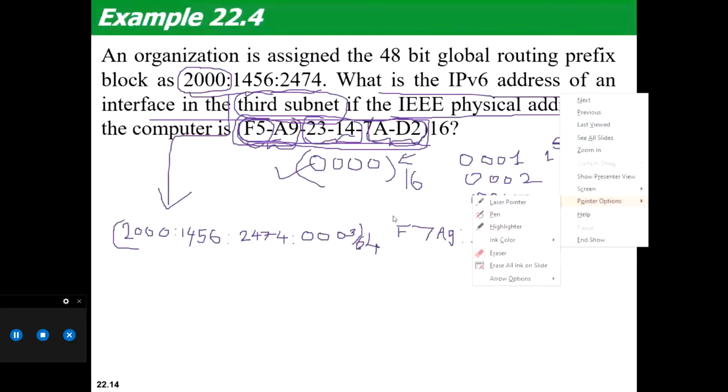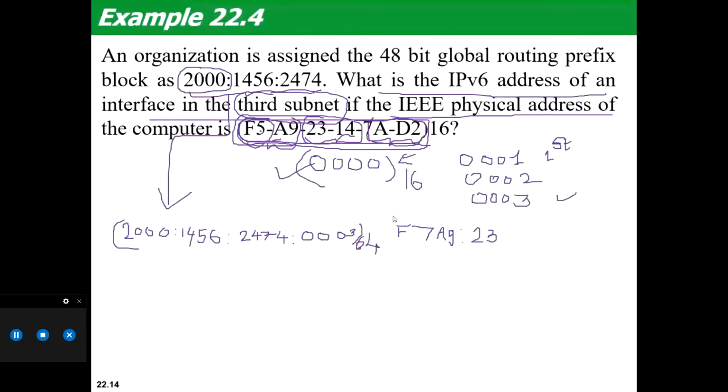So this first F5A9 हो गया F7A9, 23FF, So this is my second block. Then FE14, and then finally 7AD2.